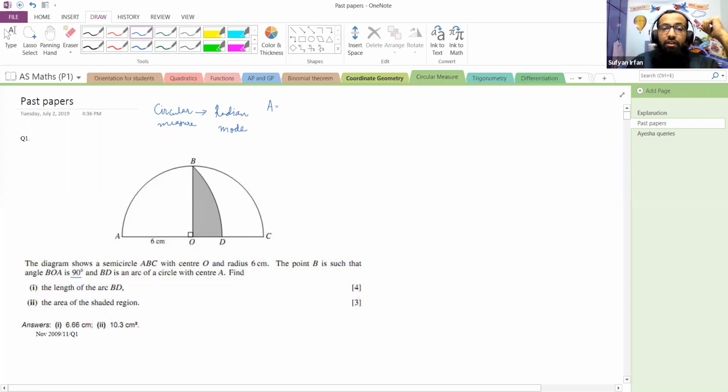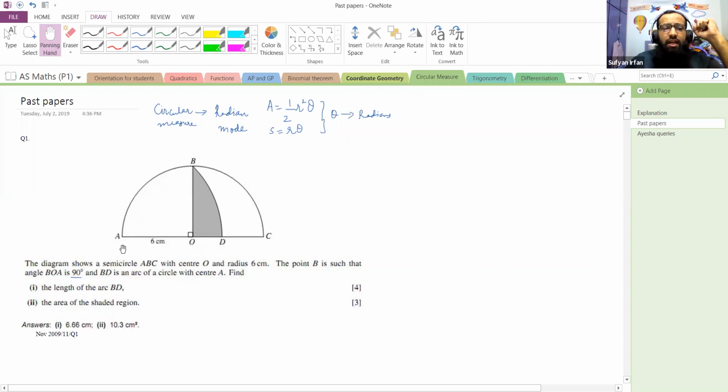So over here, although 90 degrees is mentioned, ultimately the formulas of area and arc length that we have derived are what matter. The formula of area is half r squared theta, and the formula of arc length is r theta. These formulas are based on the assumption that the angle theta is in radians. If we are dealing with angles in degrees, then these formulas are not valid; the formulas that we learned in IGCSE or O levels would apply then. So these formulas are only valid when theta is in radians.